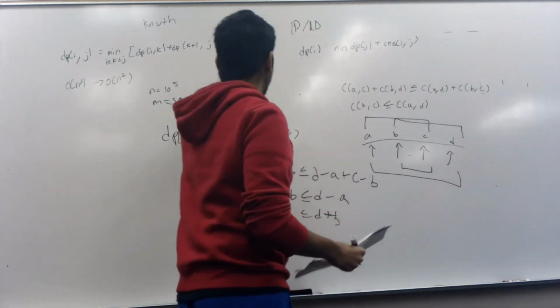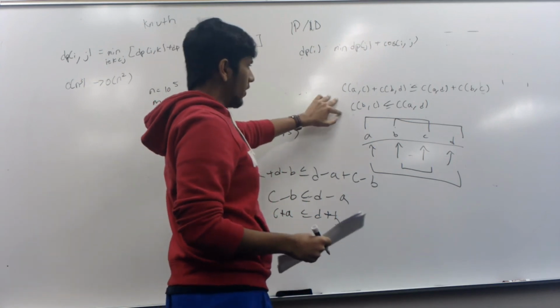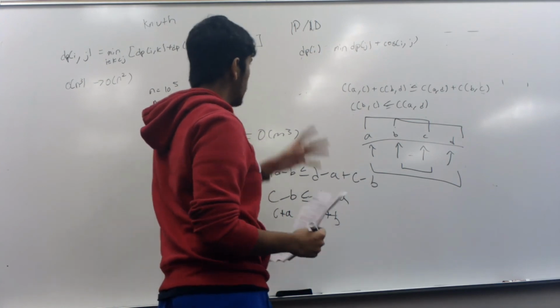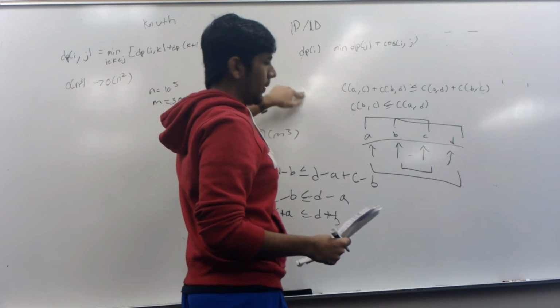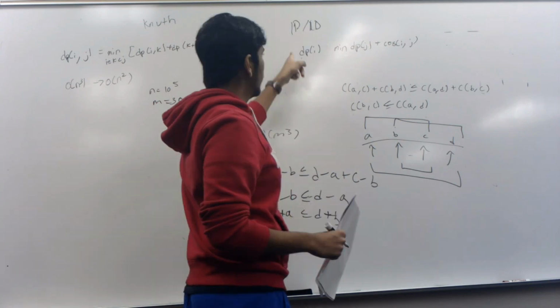That also uses this idea of the quadrangle inequality and monotonic transitions, but it's a lot more complicated. So maybe we can go over that next time. Also, this optimization can also